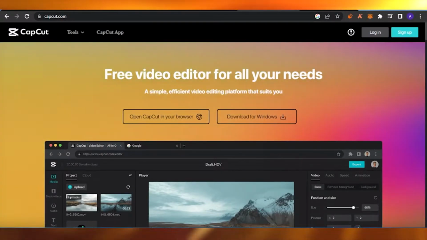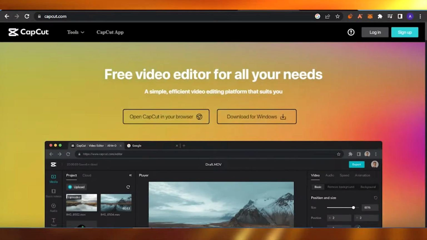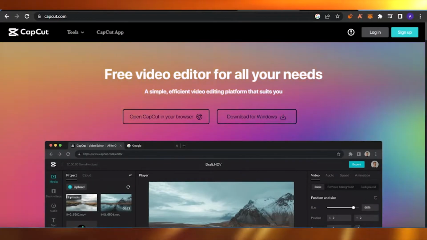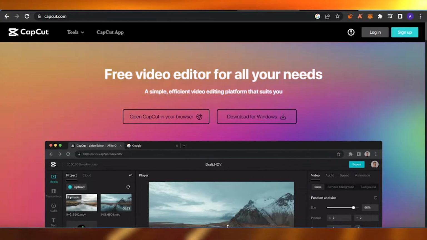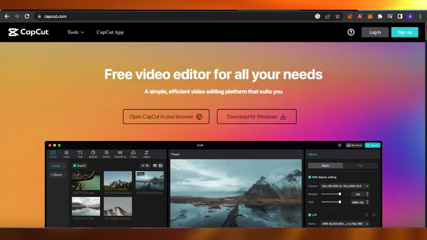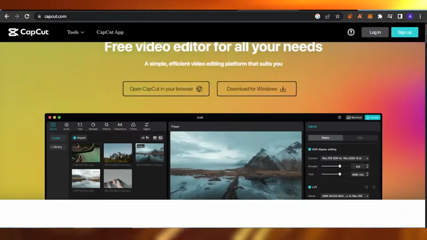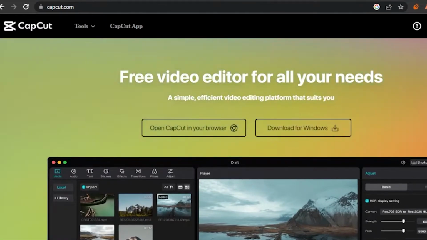In today's video I'm going to show you how you can use CapCut to make amazing videos for yourself. If you want to add it in your Instagram reels, for your business, if you're a TikToker, or an influencer, you can use CapCut to edit your videos in a really professional manner without any hassle and without any technicality. So let's get started. First of all, you need to open capcut.com on